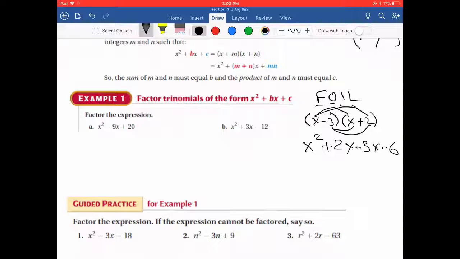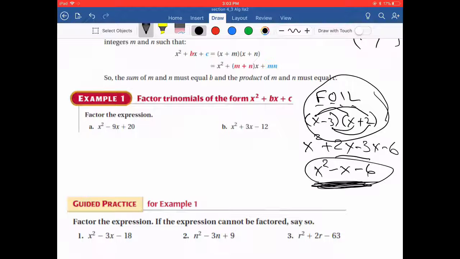And of course, when you do FOIL, you always get these two terms that will always combine. So you get x squared minus x minus 6. Okay, well, now we're going to factor backwards, and they call it reverse FOIL. And since this is a trinomial, 3 terms, it's going to become two binomials like it started up at the top here, okay? All right, so let's look at a couple examples. As you do these more and more, they get easier. You catch on to some of the tips and the shortcuts to help you get, especially the signs,